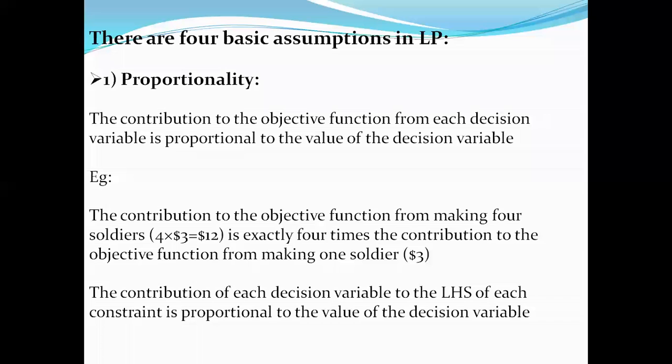For example, proportional, and we are all aware that within a container of balls of different colors, there are 10 balls, and there exists one red ball. So out of the 10 balls, there is a proportion that one ball is red. Even in the mathematics subject we have solved different kinds of problems. So here proportionality specifies that, to generate the result, the decision variable is very much required.